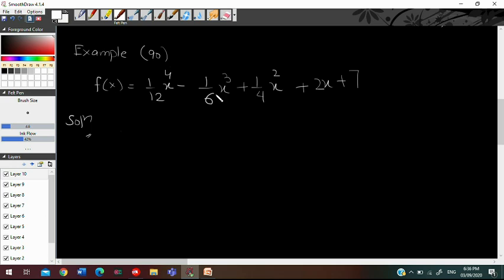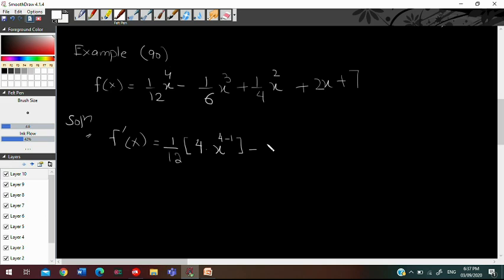As we know this is the question, first we write f prime of x, meaning we are going to find the first derivative of this given function. You know that 1 by 12 is the coefficient of your first term, so there is no involvement of this 1 by 12 in finding the derivative. So we write 1 by 12 over here, and when we apply the derivative on this x power 4, what will happen? Here we use the power rule. So 4 comes here, and then we reduce 1 from the original power of x.